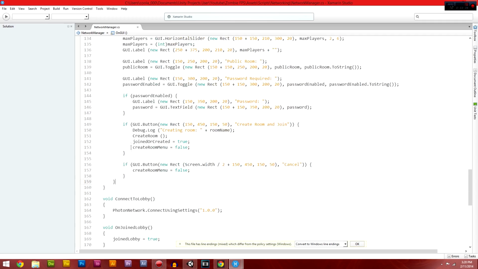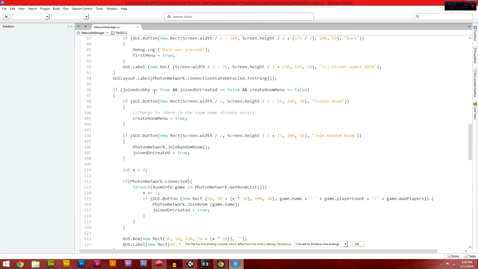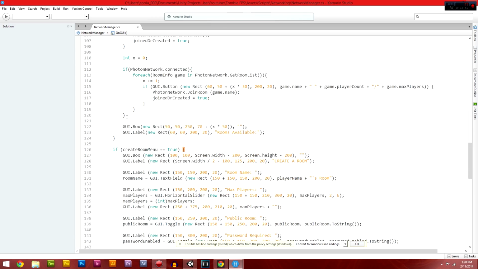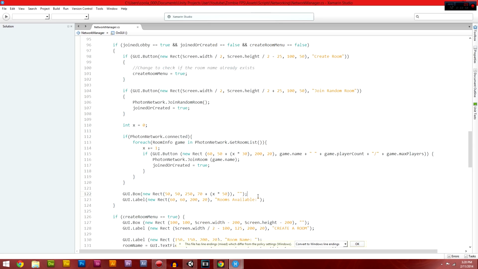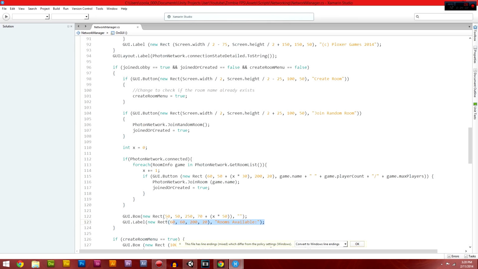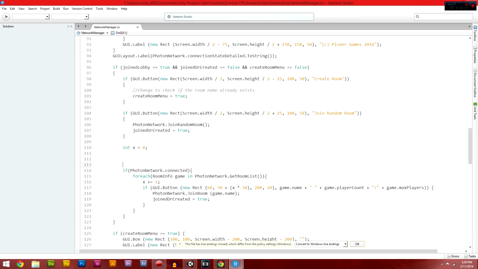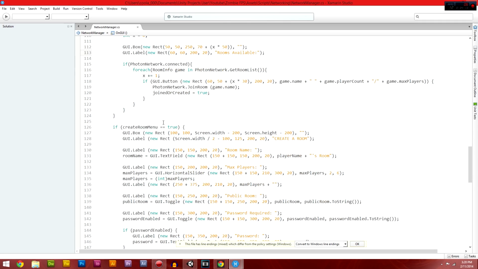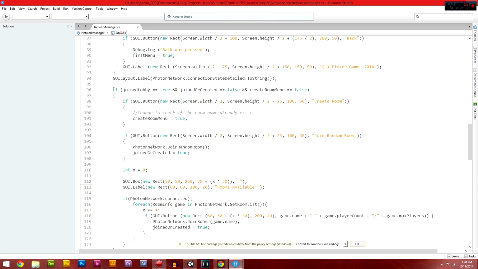So, this is for create room equals true. This is for joined lobby is equal to true, and we haven't joined or created yet. Okay, so then what we're going to do for this one is actually good box rooms available. We have to put these two above this photon network connected, because then the boxes are below everything, all the buttons, which we had the problem with before. Anyways, so when we join the lobby, we're going to create a